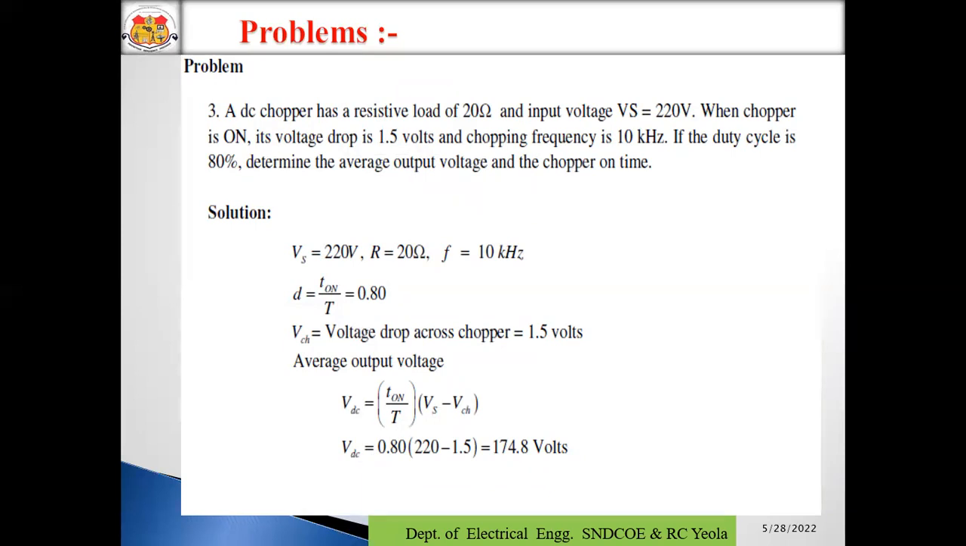In this, we have to find the average output voltage and chopper on time. The data given is source voltage 220 volt, resistance 20 ohm, frequency 10 kilohertz, and duty cycle T on upon T equals 0.80. Here we can see the voltage drop across the chopper is 1.5 volt. Now we will put the values in the average output voltage formula and find